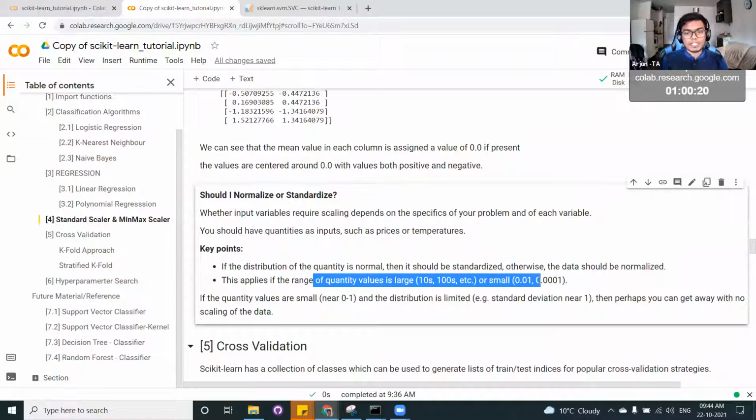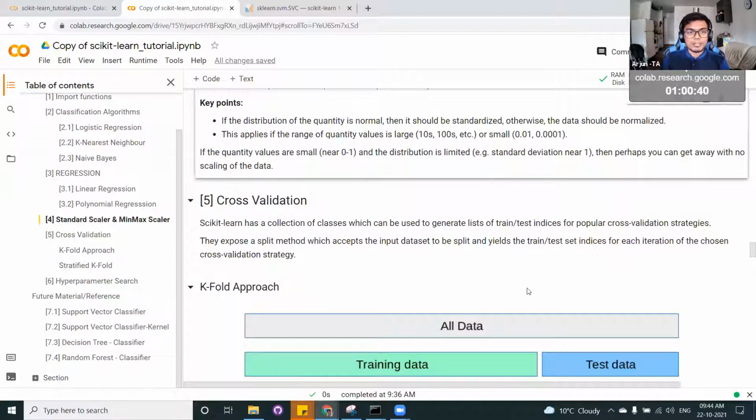And if you want to confirm whether you want to do a standard scale, like you want to normalize the data and squash between some values, you can always use this second strategy. If it is in the range of tens, hundreds, thousands, or goes into 10 power minus 3, 4, 5, then you should try to bring it between 0 to 1. After this, you can use either min-max or standard scaler.